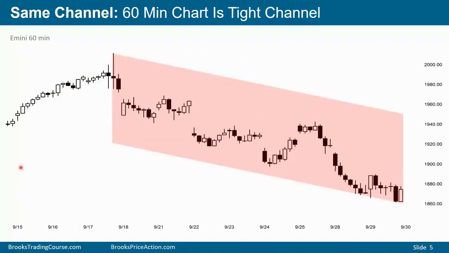This is the same 9-day stretch, but it's using a 60-minute chart. You can see the channel down is fairly tight. Pullbacks are just lasting a few bars. The bulls tried to get a reversal here, but it failed, and somewhere in here it went always in short again. Through here, it clearly is a tight bear channel. First reversal up. Even though it's big, it's still minor, and that means the odds are it'll test down. Because it's in a bear trend and the channel is tight, traders should only look to sell. And anytime there's a reversal, they'll look to sell a resumption of the trend back down. They'll assume that the reversals are all minor and that the channel will remain tight.